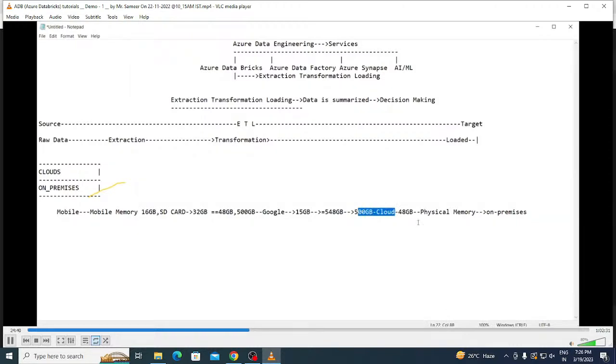So now this is the drawback. You have it in the on-premises data. So now, guys, just for 548 GB, which is required for us, what we have done is we took the support of the cloud rather than the support of the mobile phone. In the same way, you have moved physically from the physical mobile phone memory to what? Cloud memory. That is called Google Drive memory. Am I right or not?